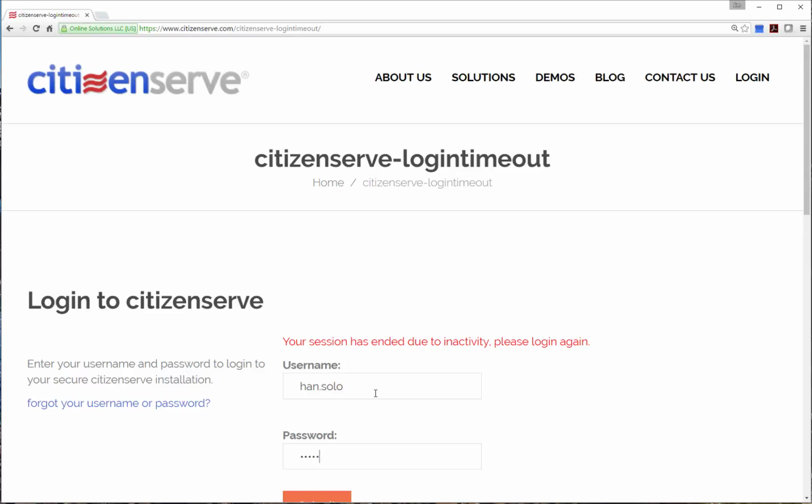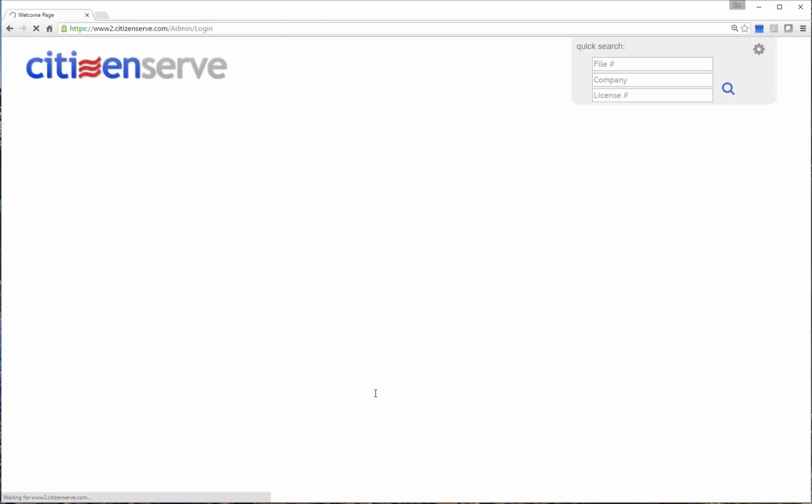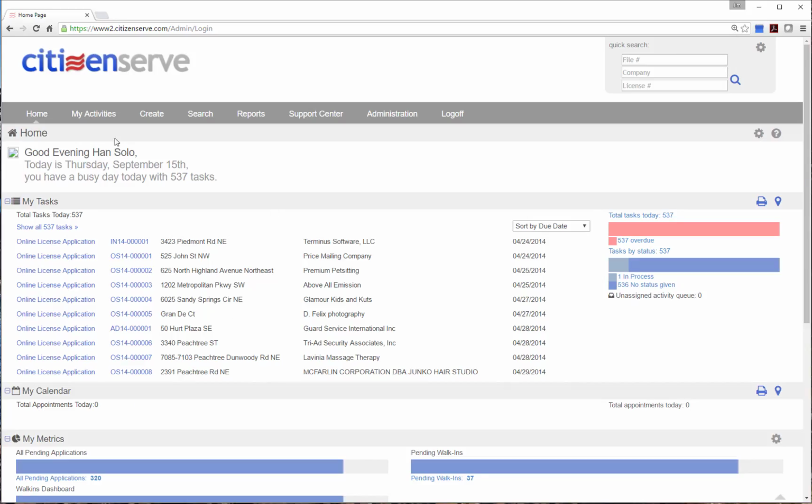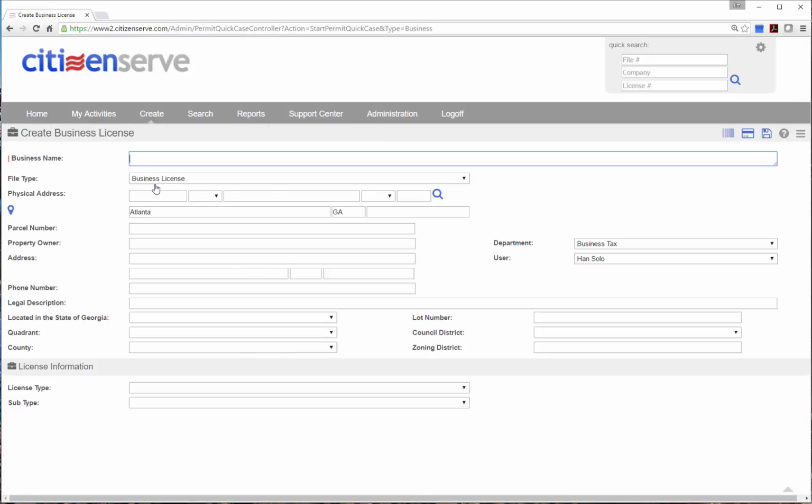And we've got our example user here on Solo, and we'll log in and take a look at creating a business license on the staff side. And we didn't really add Jim's Bar and Grill. We're really focusing here on the types of options, focusing on NAICS codes and the types of options we have